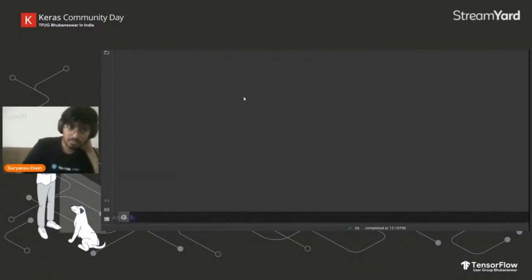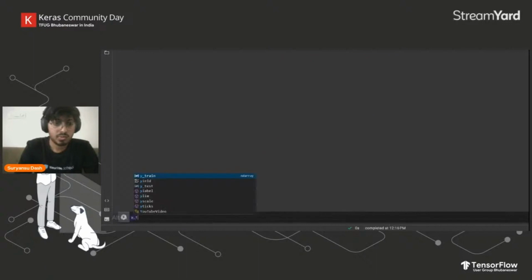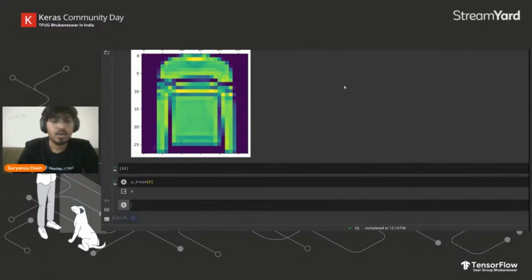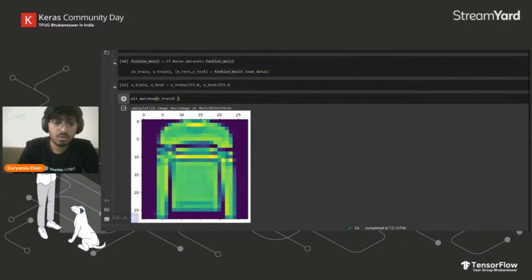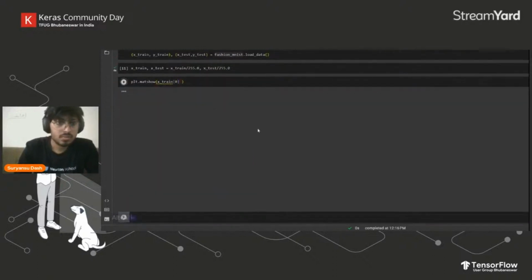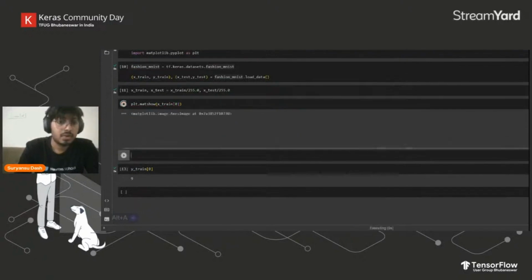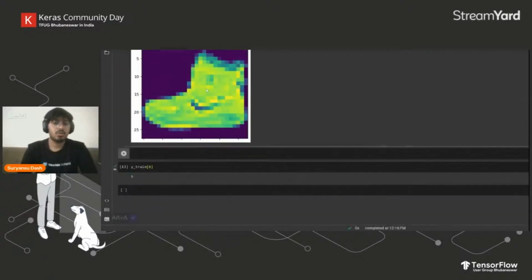As you saw, this is a shoe. The label for shoe is 9 here. All these labels are already included in this data, so we don't need to manually do the label encoding for this.